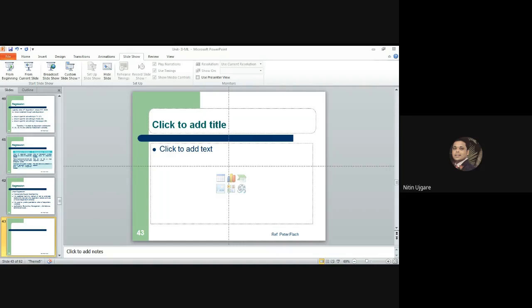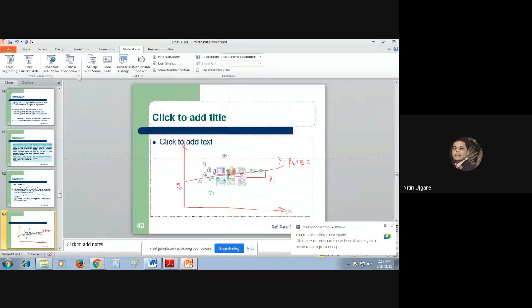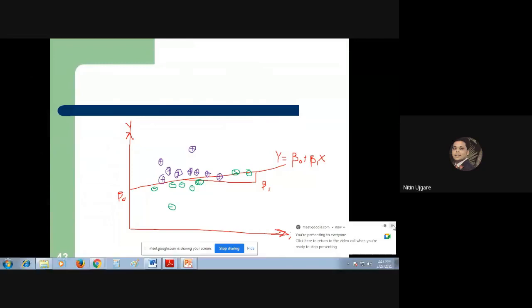So better what I will do is, instead of sharing the presentation, I will share the screen. Right? That is the best idea. Please tell me whether the screen is visible to you or not. Okay, you can unmute your mic and please let me know whether your screen is visible. Yes, it's visible now. Okay, can you see this line now? Yes, it's visible.